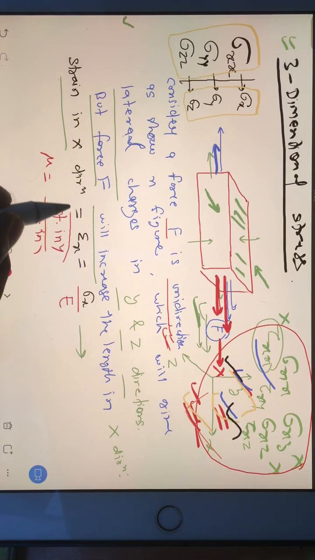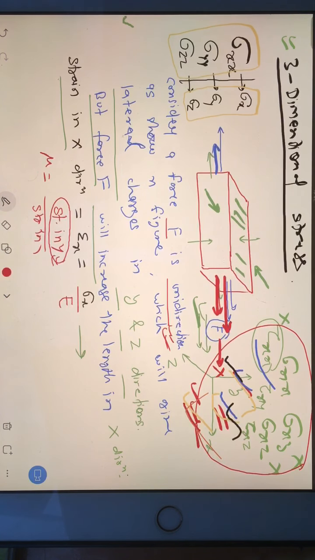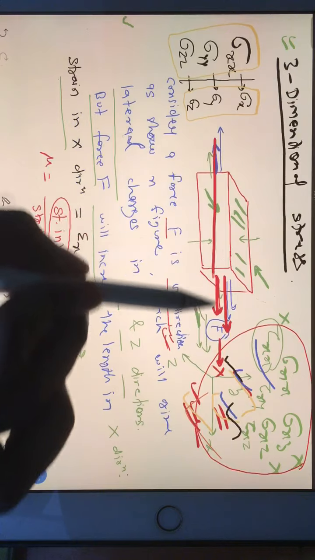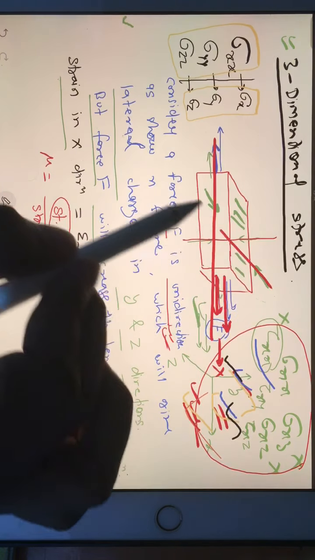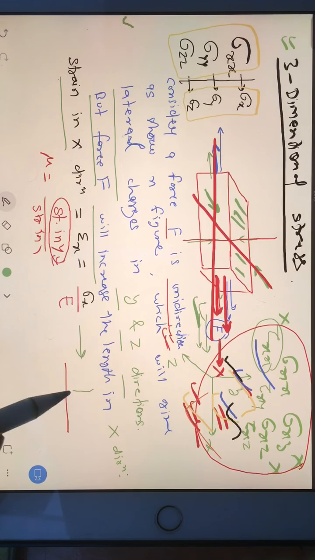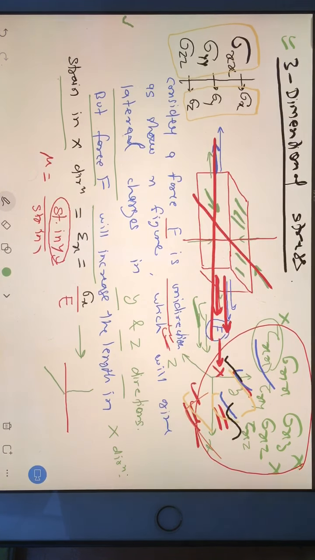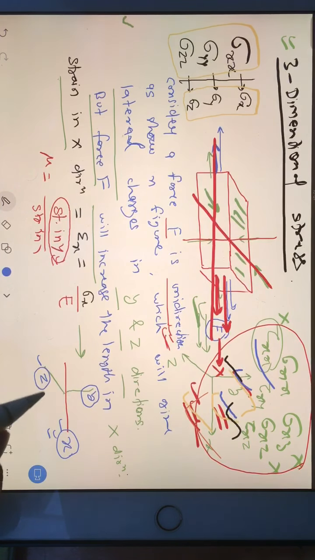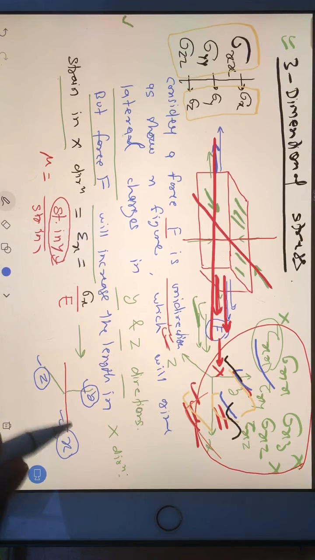So strain in y direction is going to be lateral. At the same time, strain in z direction is also going to be lateral. Okay, I hope this part is clear. This is my longitudinal, this is my lateral, and this is my lateral. What is lateral? If you have one axis like this, then one axis is lateral, which is perpendicular, and another axis is also lateral, which is again perpendicular. In simple words, x axis is lateral for y also, for z also. Y axis is lateral for z also, for x also. Z axis is lateral for y axis and x also.